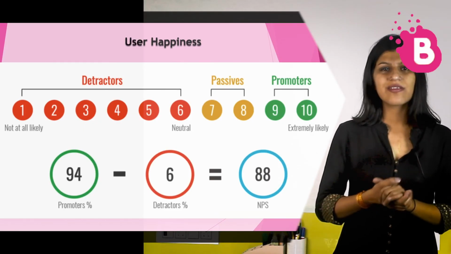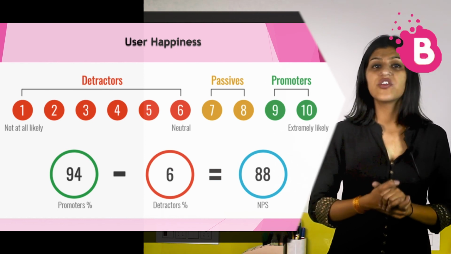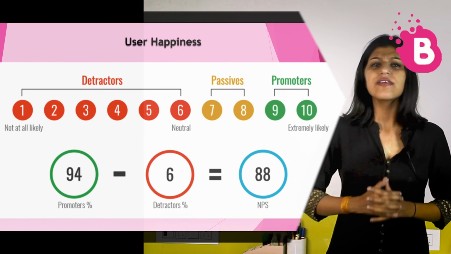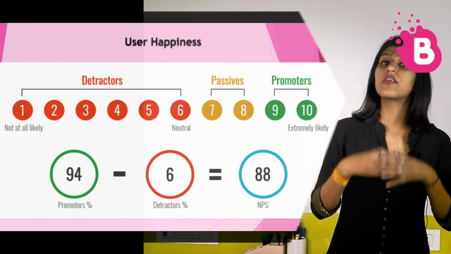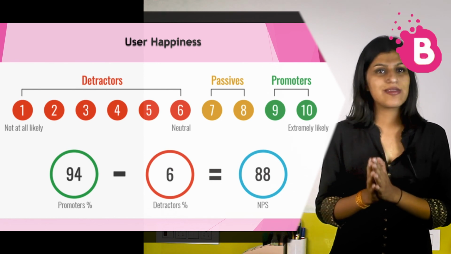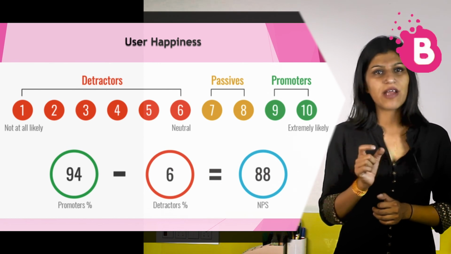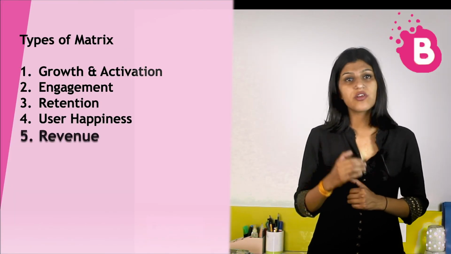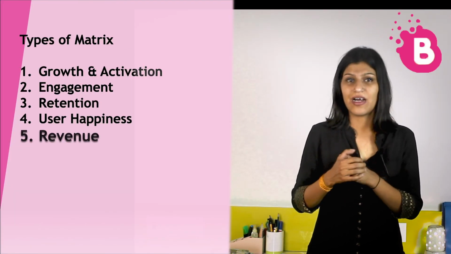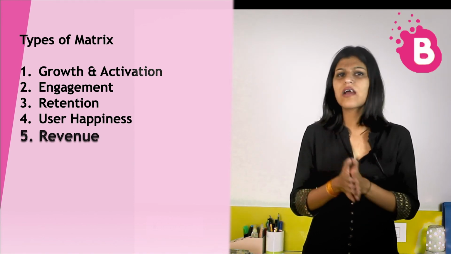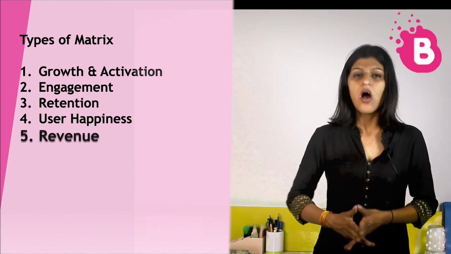After retention metrics, there is a user happiness metric, which is measured by NPS, Net Promoter Score. The system asks customers how much they are willing to recommend our product to their friends and families by giving a score from 0 to 10 and the decisive reasons for this. The last one is revenue metrics, which will let you know about the annual and monthly income generated from business activities such as product sales, commissions, and subscription.